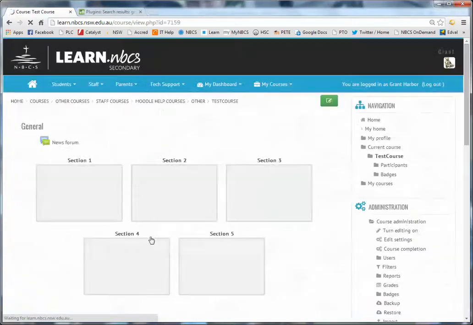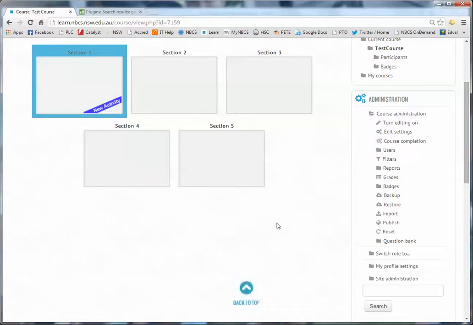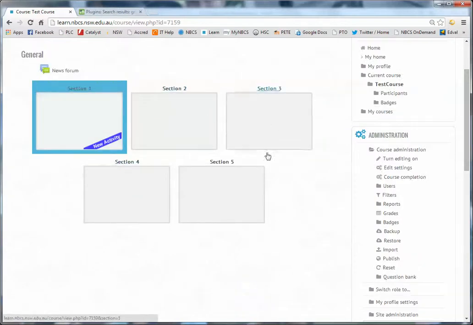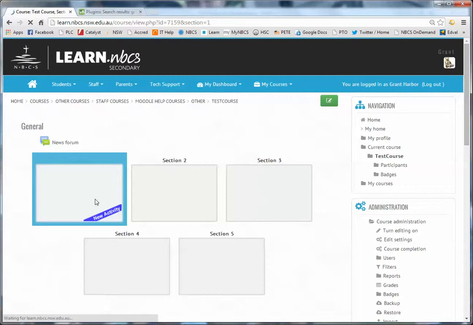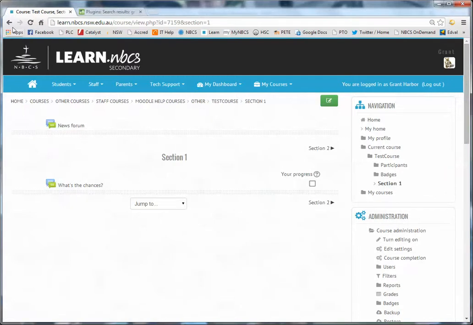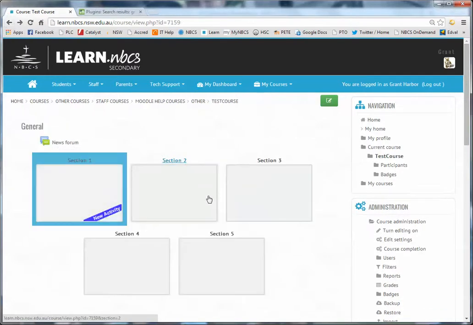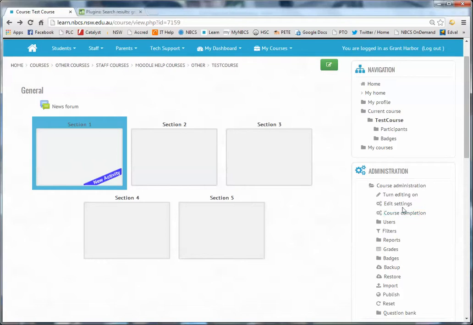So looking back over here, what you see now is, instead of having the five different topics that I had, I've now got them in sections, and if I've just left it as is, it'll just take me to each of those sections. I can actually go into that course mode,